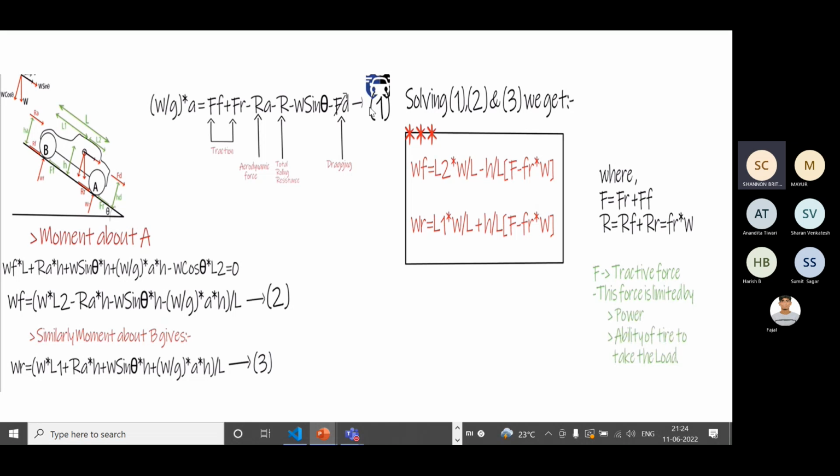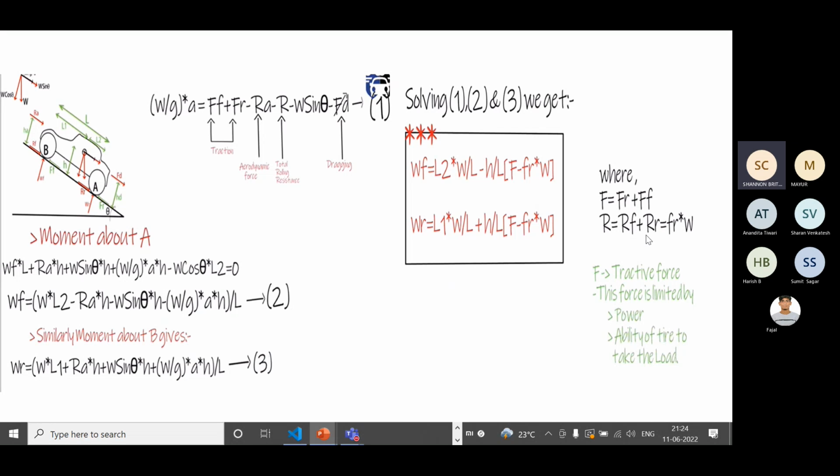So solving all these equations, equation 1, equation 2, equation 3, you'll get these two values, which are WF and WR. This is very important. It will tell you what weight is falling on the front wheel and what weight is taken by the rear wheels. Okay, and we consider that the total traction force is equal to FR plus FF,